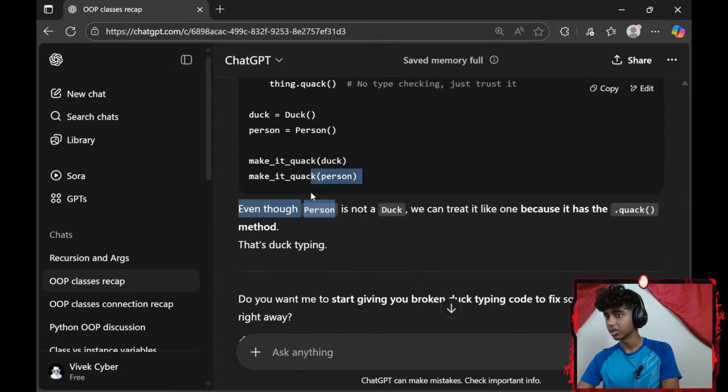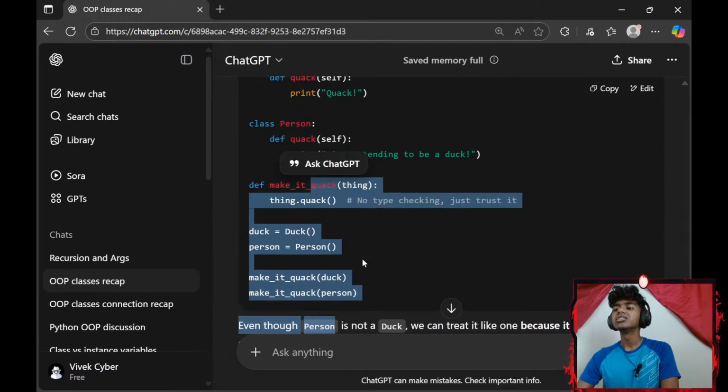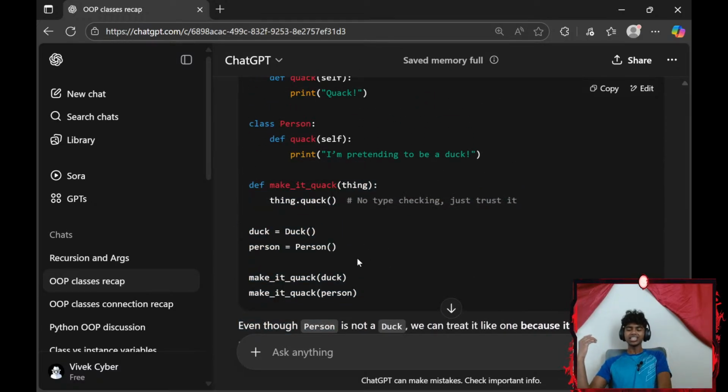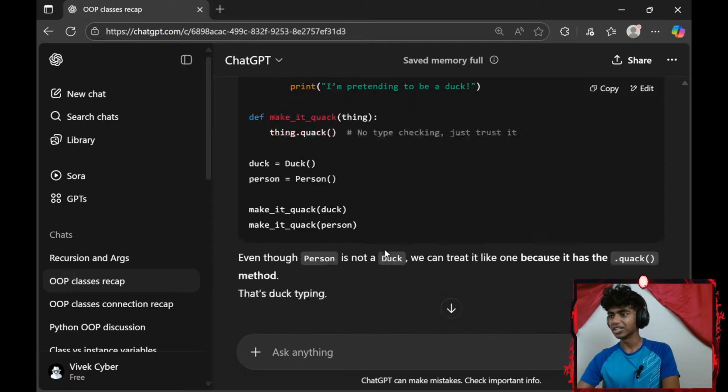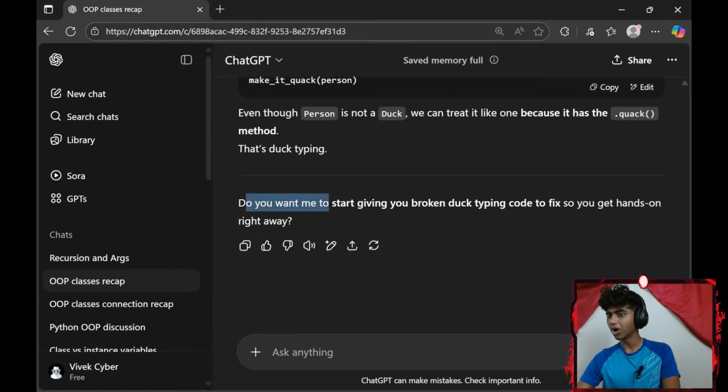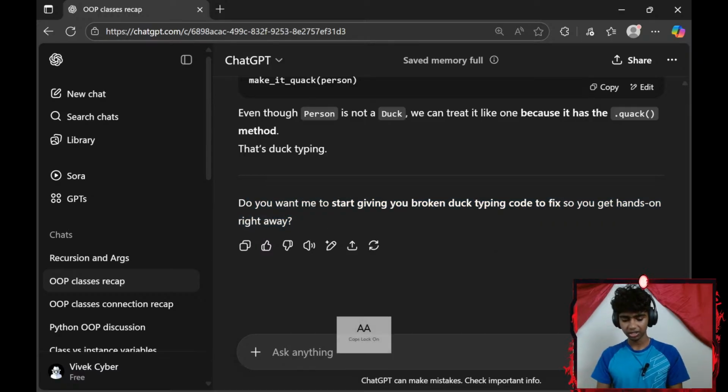I see, so wait, isn't that the same as polymorphism? Is there a difference between them? Do you want me to start giving you broken duck typing code to fix so you get your hands dirty right away? Let me just say, wait, sensei,